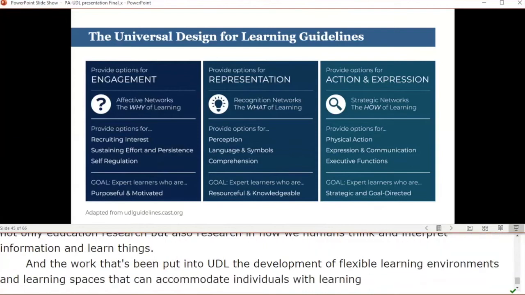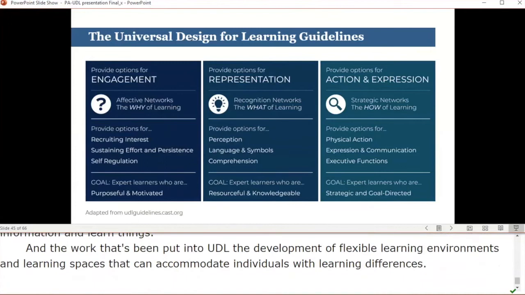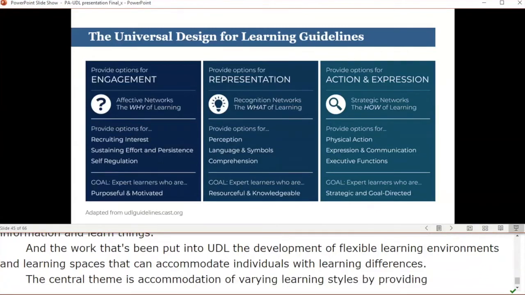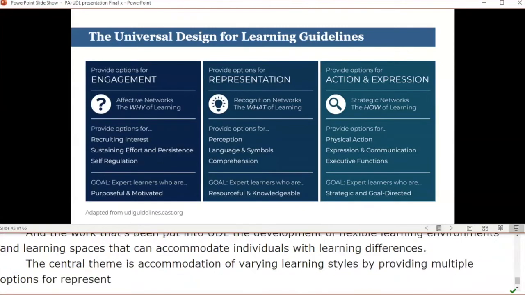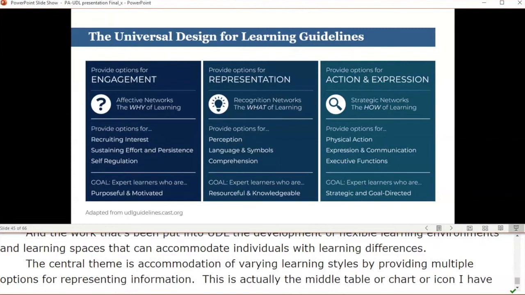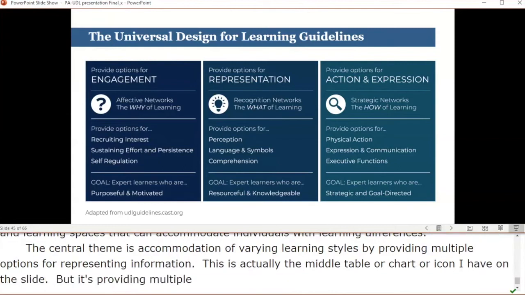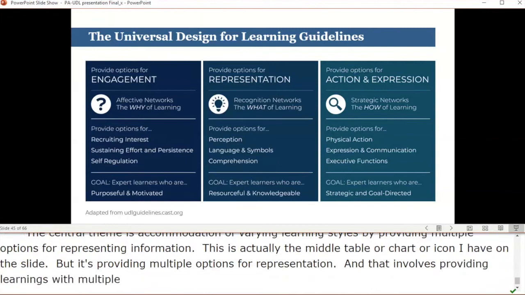The central theme is accommodation of varying learning styles by providing multiple options for representing information. This is actually the middle table or chart or icon that I have here on the slide, but it's providing multiple options for representation, and that involves providing learners with multiple means of representing concepts or ideas or information or other content through the learning